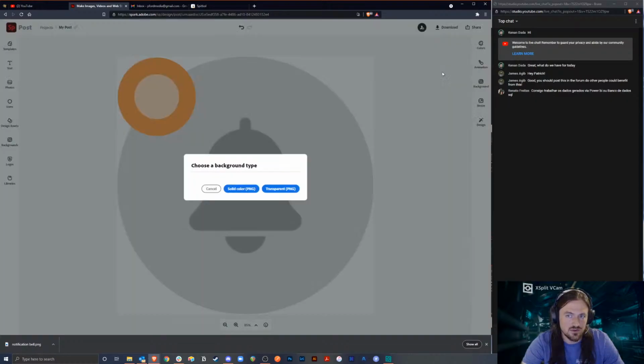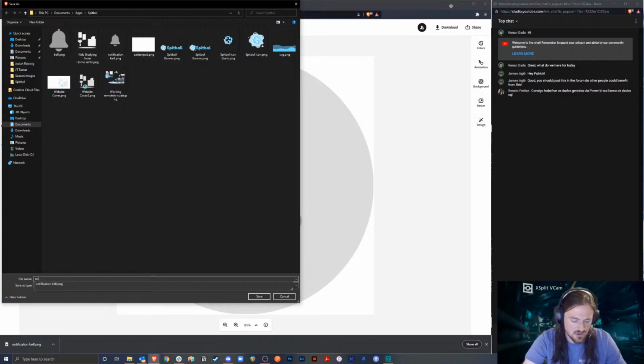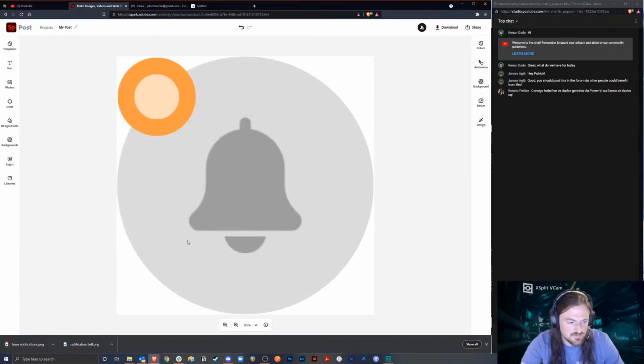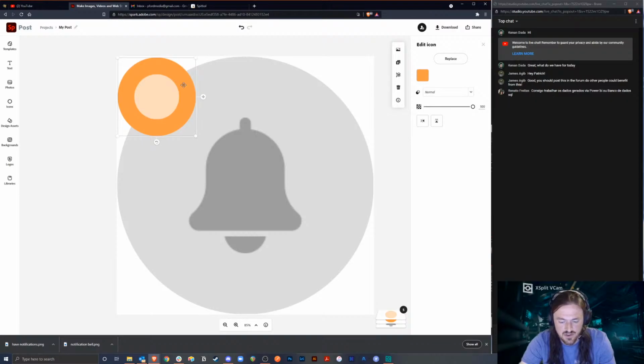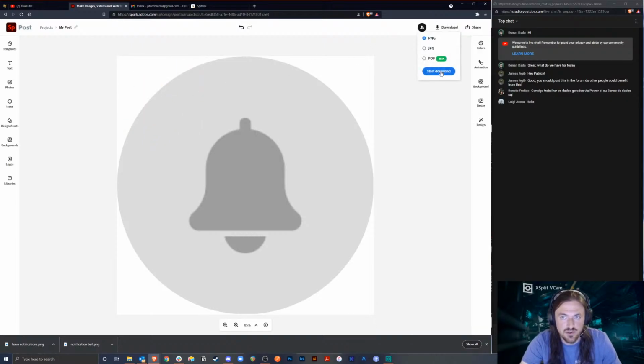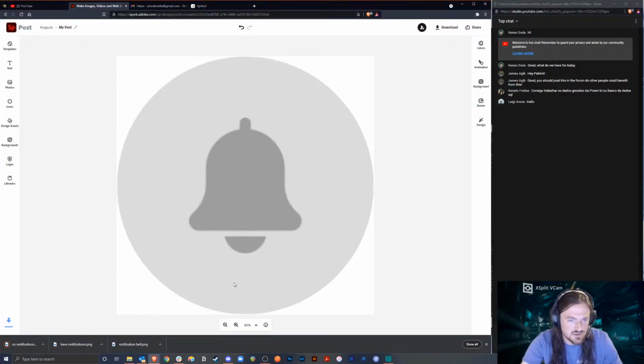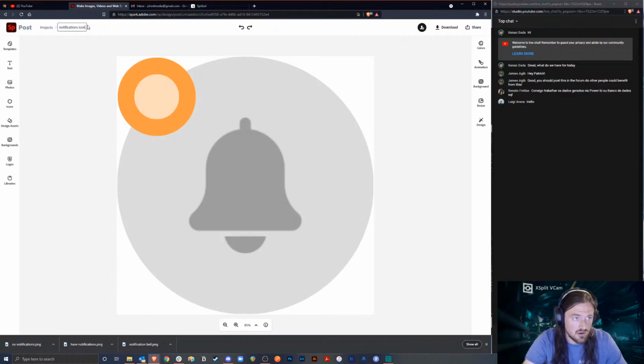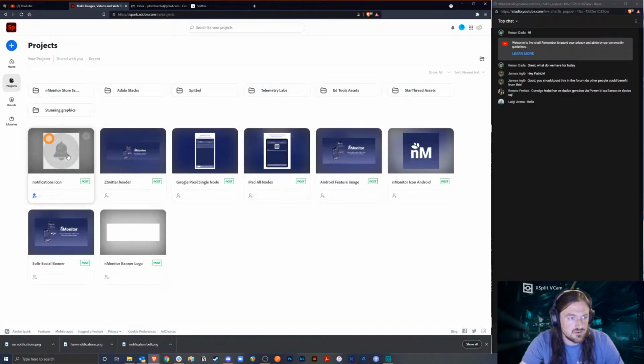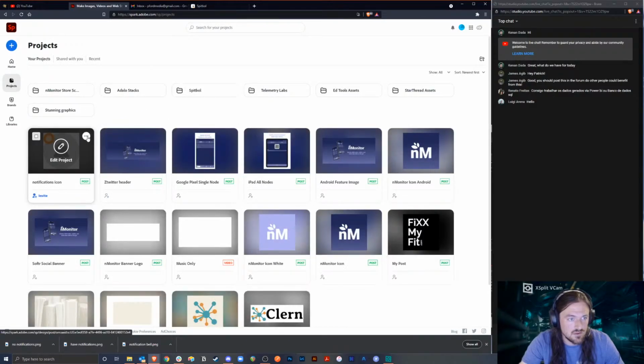And then what I'll do is we'll just download this. We'll make this transparent again. Notification picture. Well, we'll call it have notifications .png. And then to do this, I'm just going to delete this really quick. Download a new copy of it. Call it no notifications. And then I will hit Control Z to add those back and hopefully save it. Call it notifications icon. And then what I'll do is drop this into the